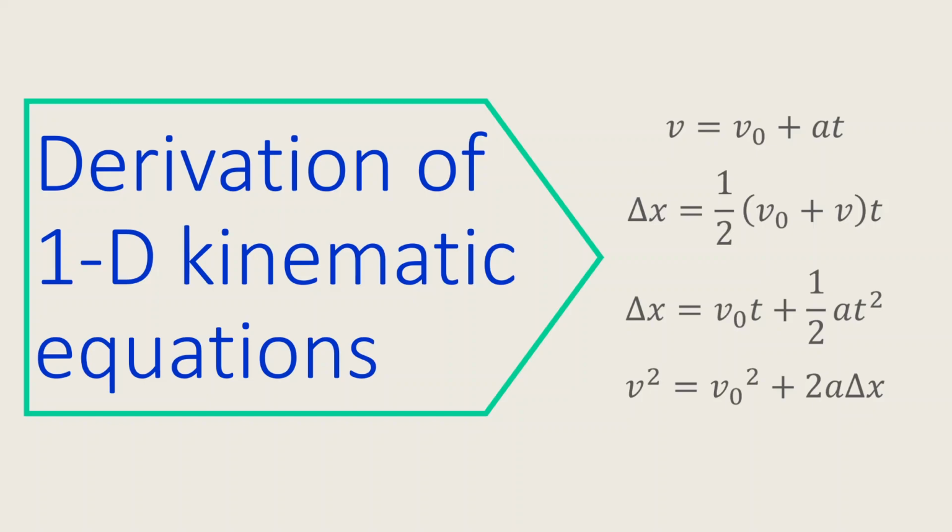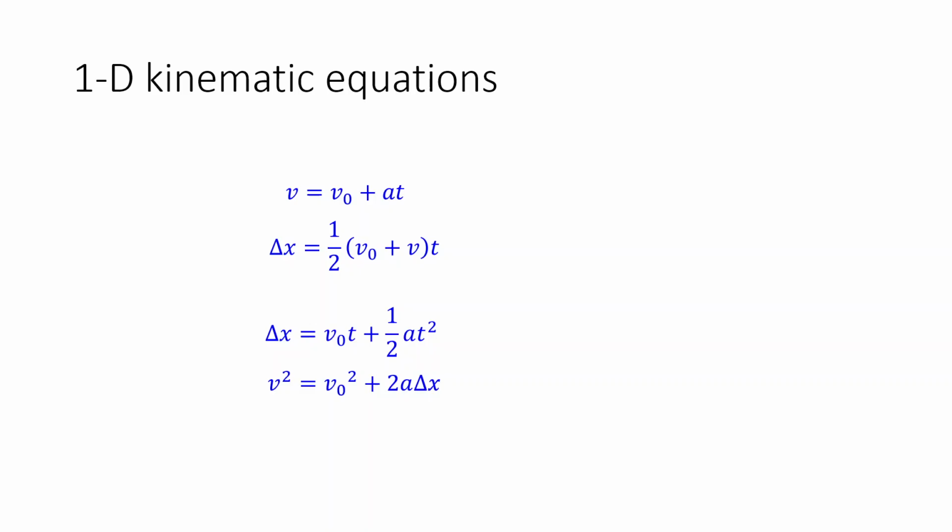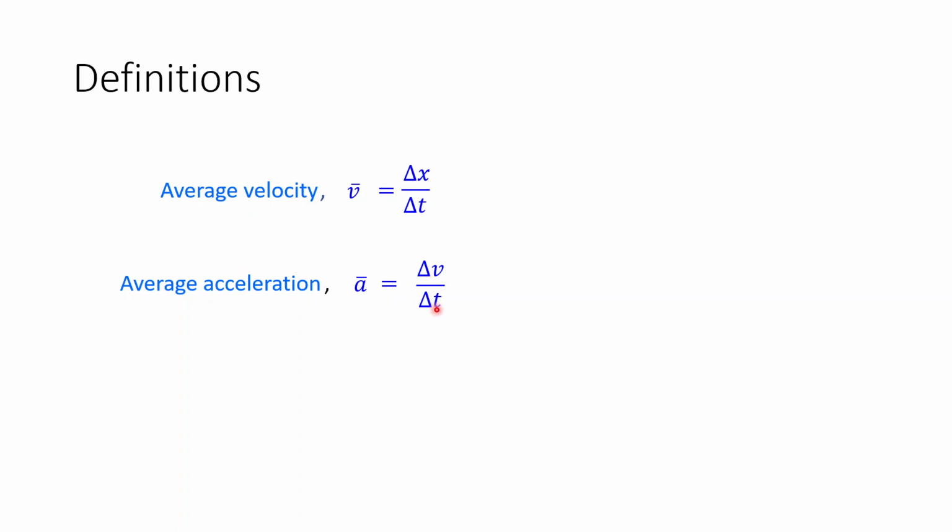In this video, I am going to show you how to derive these four one-dimensional kinematic equations. Let us start with the definitions of average velocity and average acceleration. Average velocity of an object, v bar, is equal to delta x divided by delta t. And the average acceleration of the object is a bar is equal to delta v divided by delta t, where